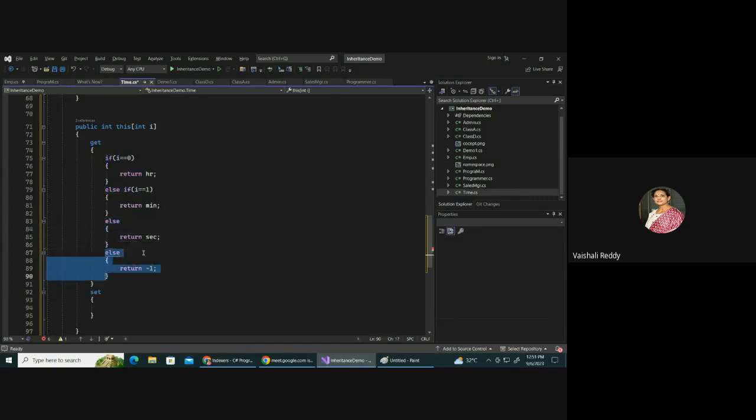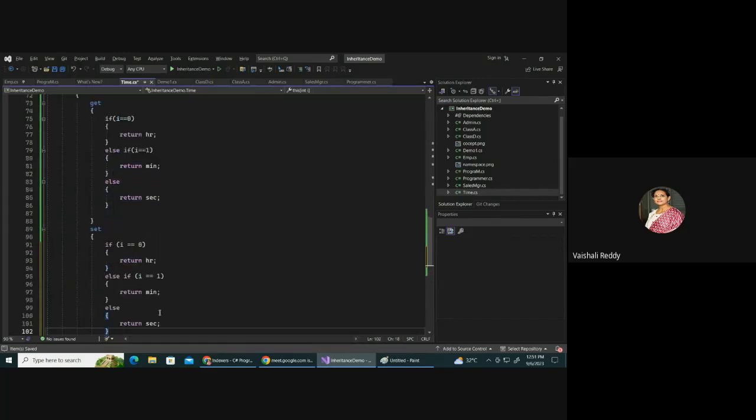So in else section I have said return second. In the set part, प्रॉपर्टी का एक बार प्रैक्टिस किया ना सबने, प्रॉपर्टी आएगा तो ही ये समझ में आता है, ठीक है।